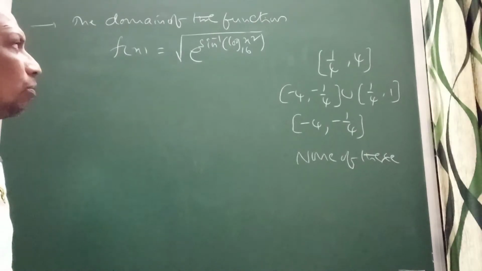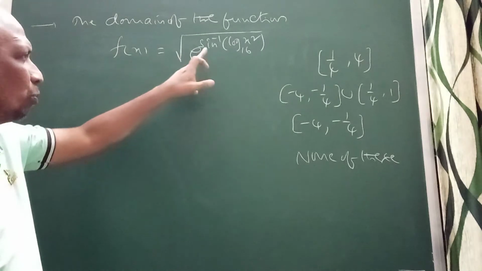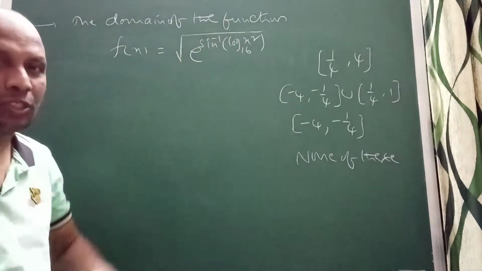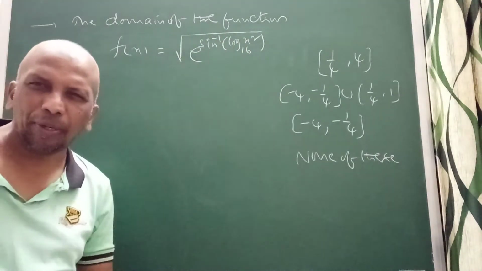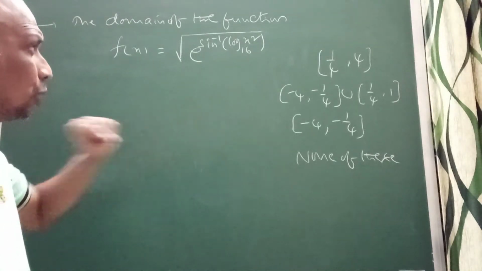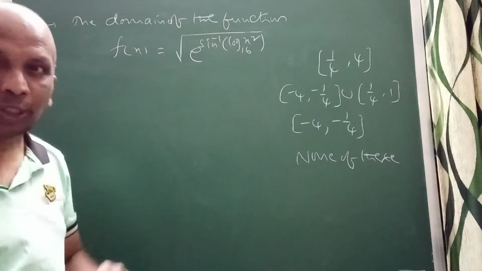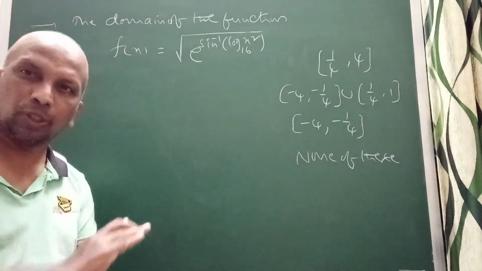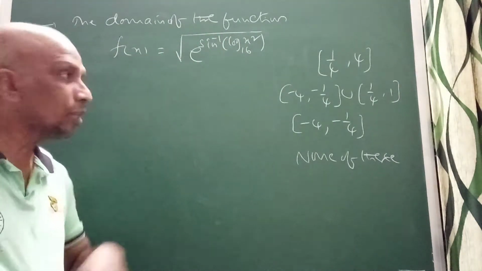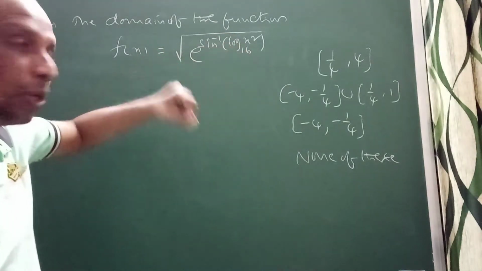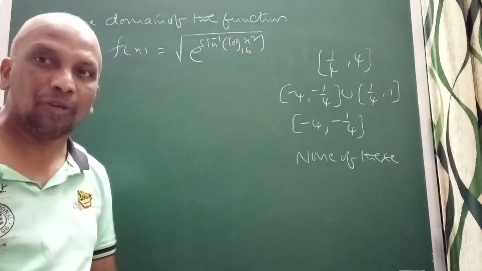So see in this problem, f of x is root of e power sin inverse of log of x square by 16. They are asking for the domain of this function. Now you can observe here, when they are asking the domain of this function, e to the power of this value should be positive. e power x is always positive, whatever it may be. Now it depends upon this one, right? You think about sin inverse x.